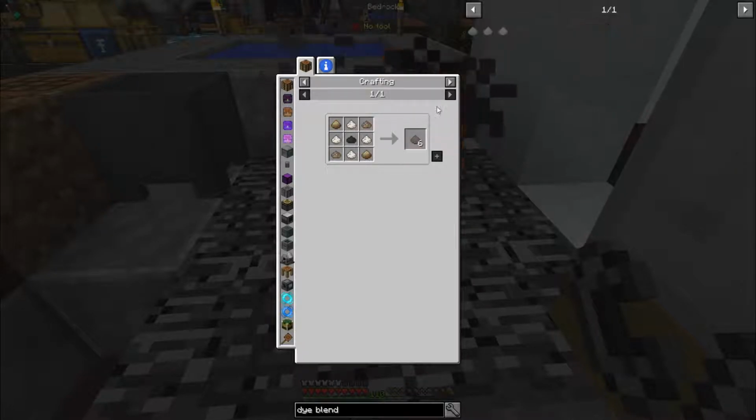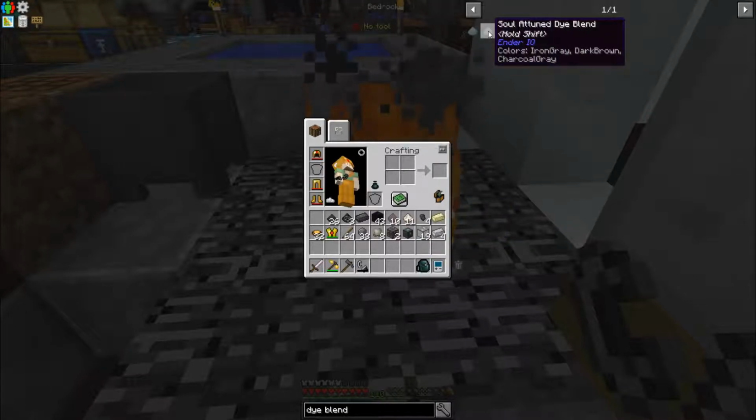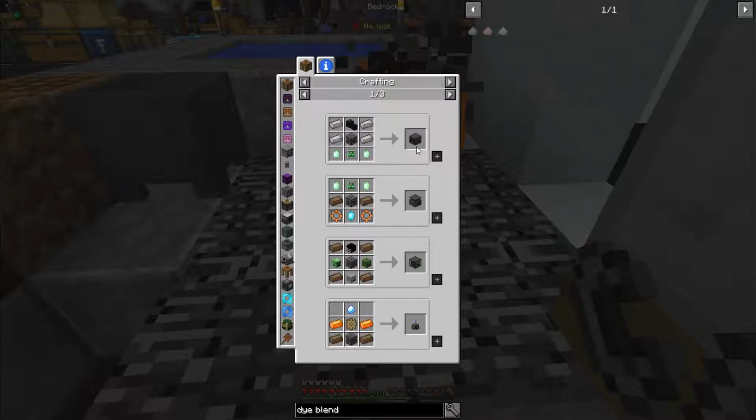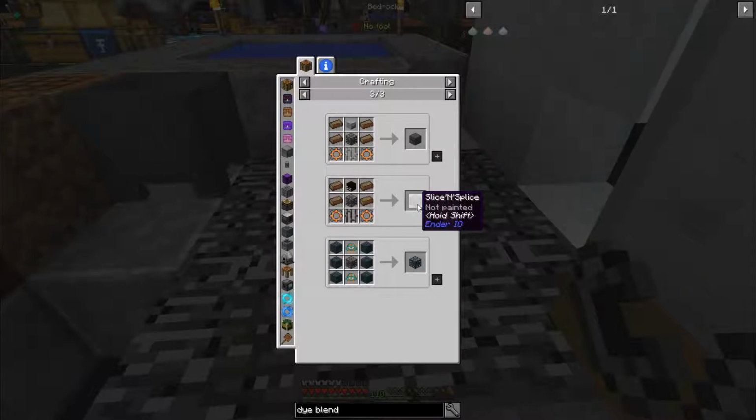Although, I do not need a stack of soul attuned, because the soul attuned die blend is only used to make these soul machines. And let me show you. The powered spawner is 1. The farming station is 1. Soul binder is 1. So 1, 2, 3, 4, 5, 6, 7, 8, 9, 10,